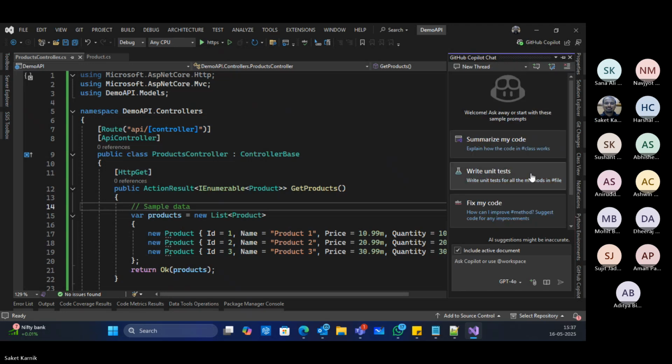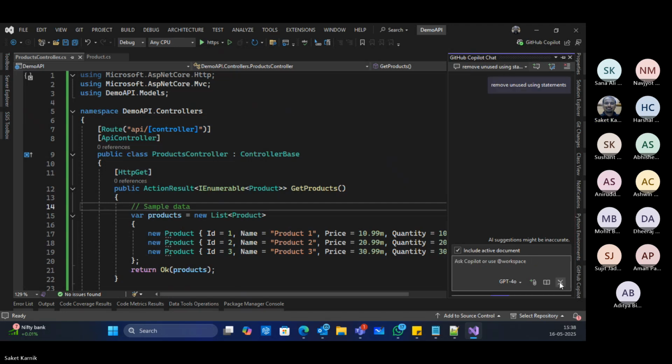Yes. Remove unused using statements is the next prompt.